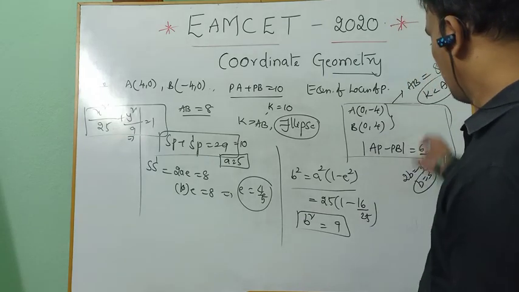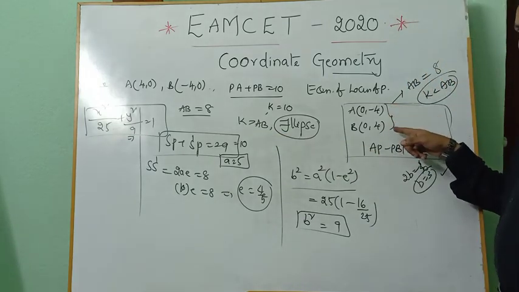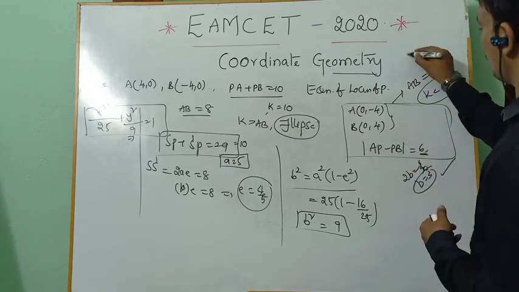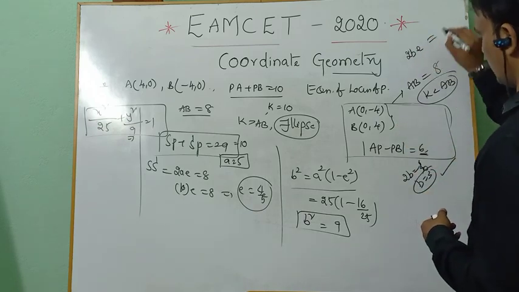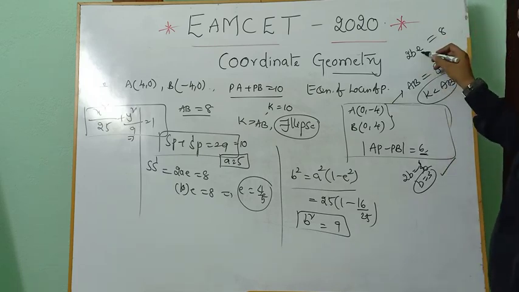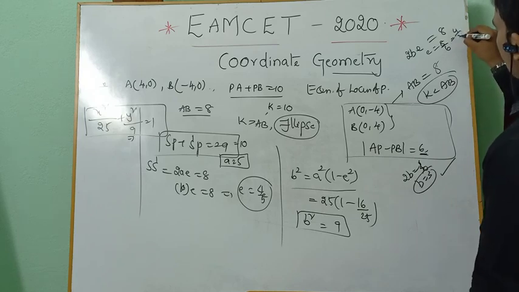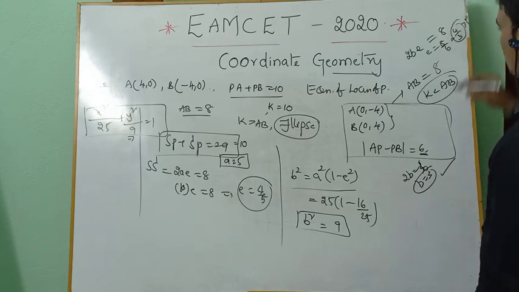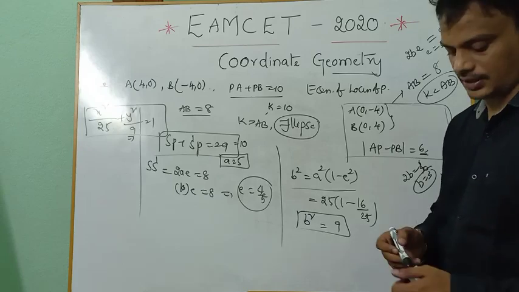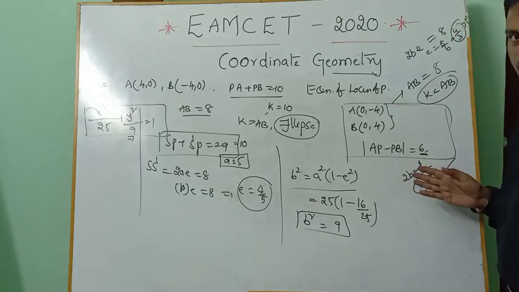Okay, yes. The same way you can proceed here. Distance between the foci is 8. That means 2BE, not 2AE. 2BE equals 8. Already B value is 3, right? 2 times 3 is 6. So E equals 8 by 6, which is 4 by 3. Please observe this one. 4 by 3, which is greater than 1. That is the eccentricity of the hyperbola. You get that one next. I think you know how to proceed.